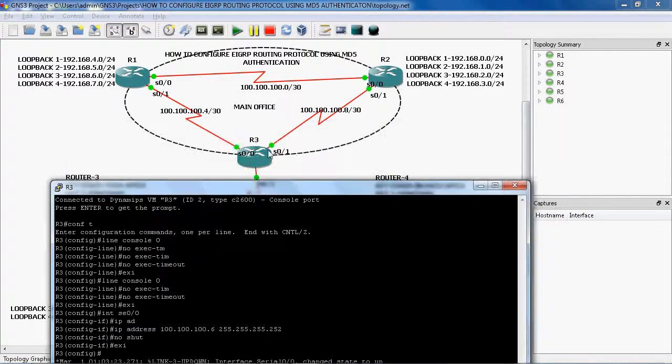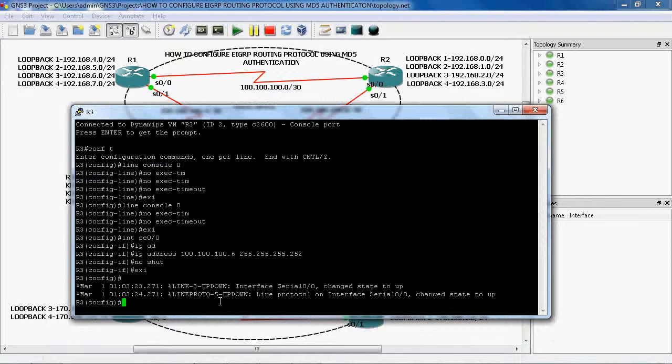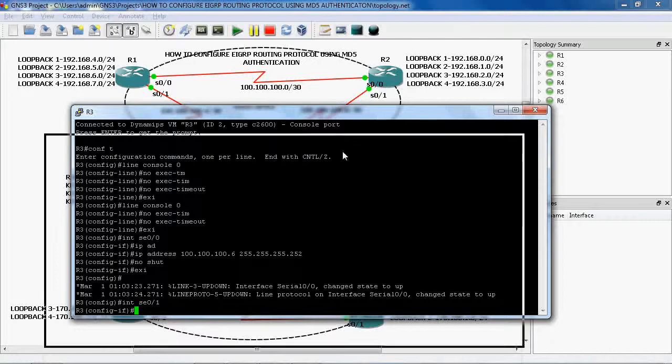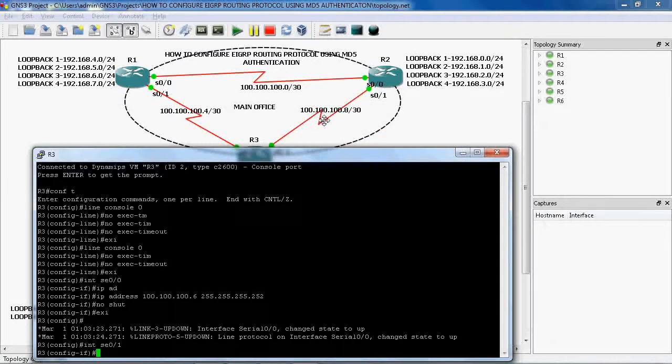Okay, now we can go to interface serial 0/1. Now we can assign the IP address. Here we can use the net ID 100.100.100.8/30. Here also we have 4 IPs, of which we can use only 2. Of the remaining 2, one is used for the net ID and another for broadcast. In this port we can assign 9.